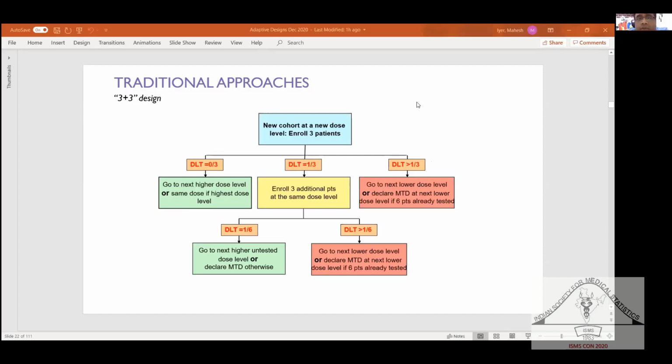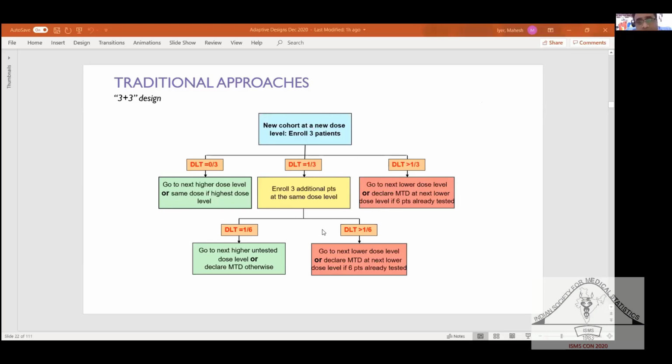Yeah, anybody has any questions on this? All right, so everybody is okay with this 3+3 design, right? Now this 3+3 design is good, all right? It has been used a lot. In fact, for one of the studies at CMC, instead of a 3+3, we were looking at a 10+10. So it can be 3+3, 4+4, 5+5, anything, right?